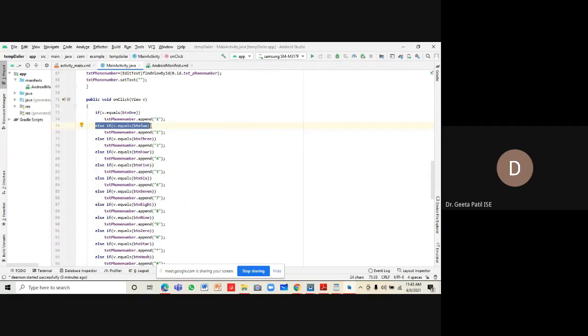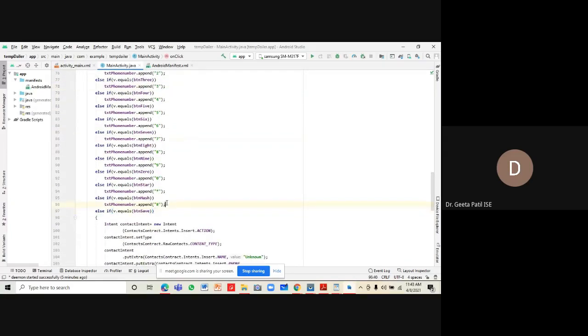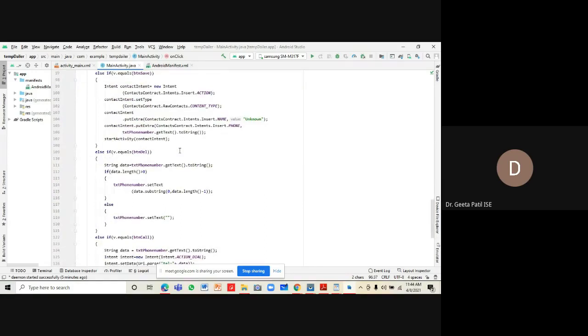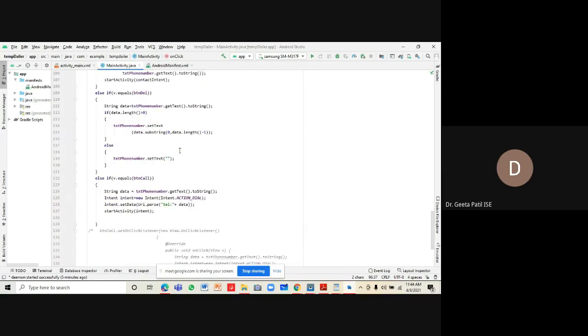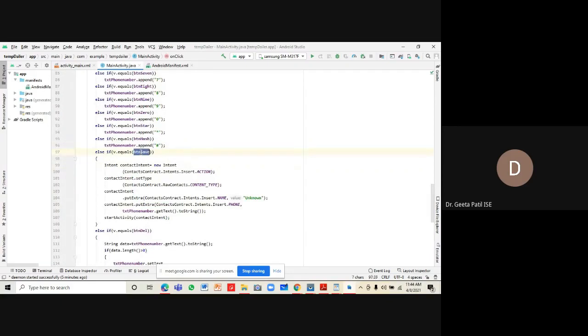If button 2 is pressed, then txtPhoneNumber.append(2). If the third button is pressed, we are appending the text field with value 3, and so on. That is done for all 10 buttons from digit 0 to digit 9, and also for the star and hash buttons. Appending is done.